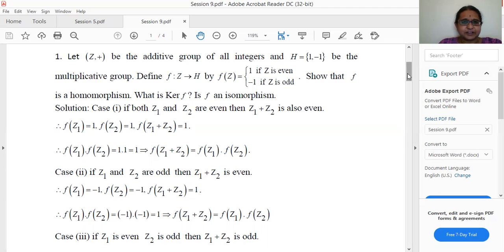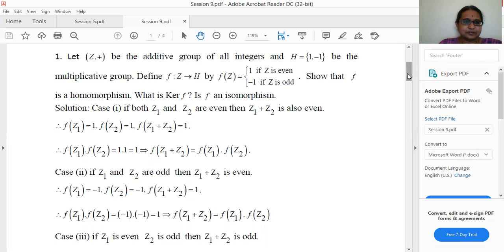and we have to check whether F is an isomorphism. So when we are talking about integers, two cases arise. That is, the integer can be either even or odd. Now if we take two integers Z1, Z2, three cases arise. One case is both Z1, Z2 can be even. Other case, both Z1, Z2 can be odd. Third case is any one of them can be even, and the other will be odd. So coming to the first case,